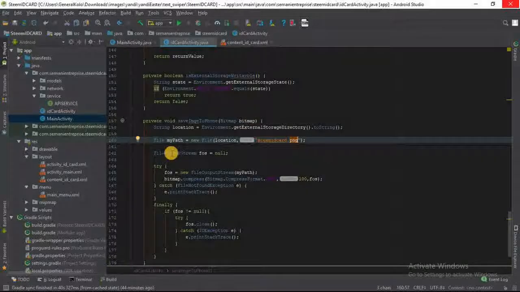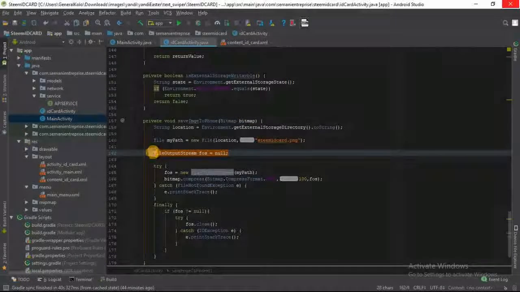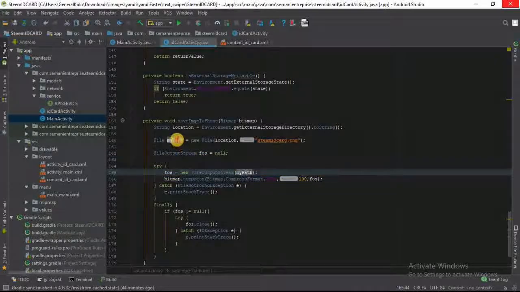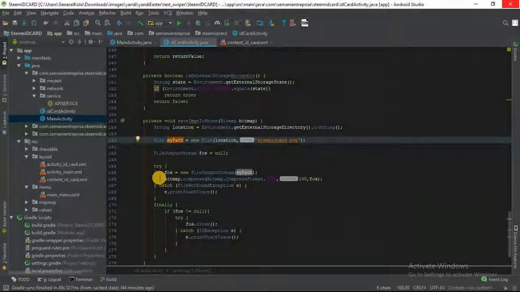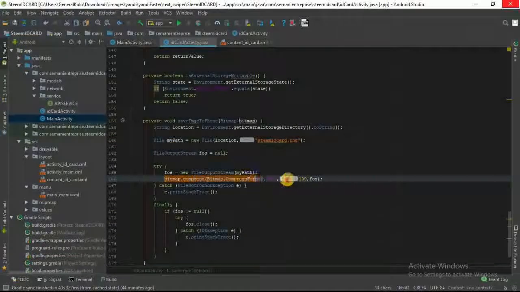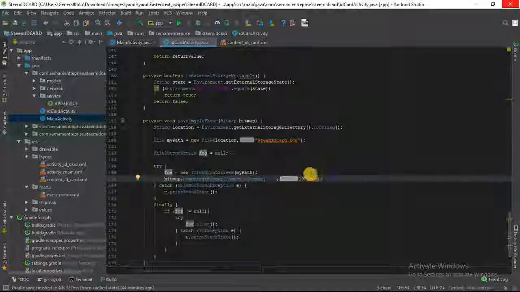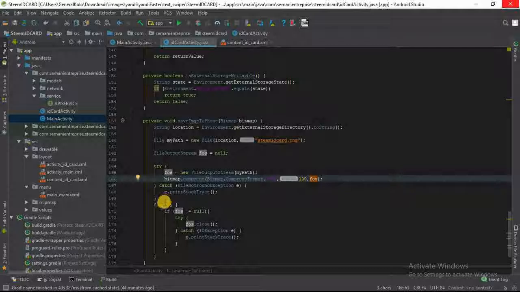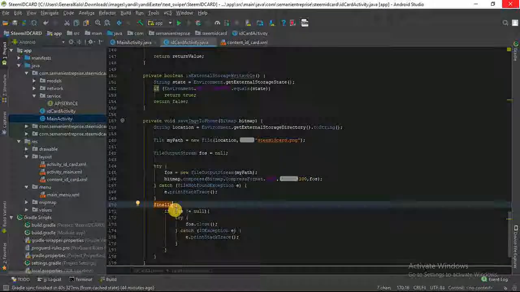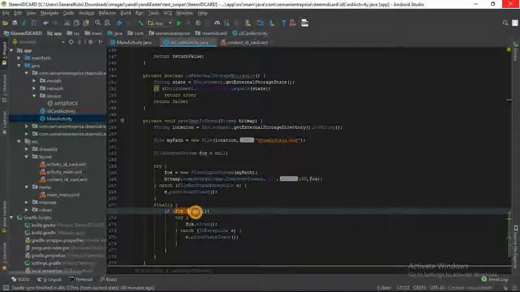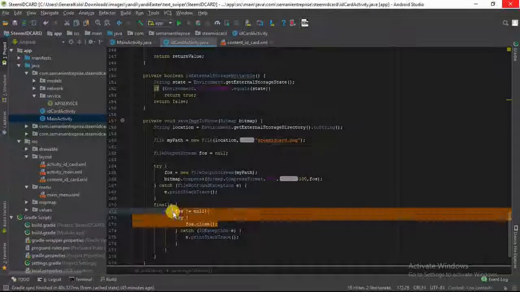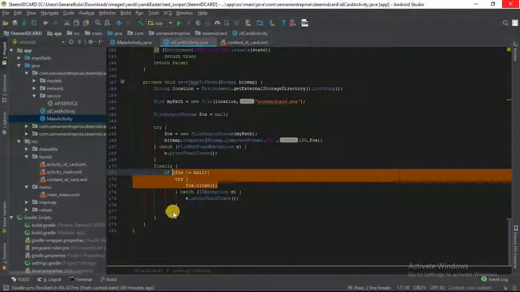Then we need a file output stream, which we initialize to null. So new file output stream with this path, and then we compress it using the compress format of JPEG. We save it here with the quality of 100, and use the file output stream as the argument. If that is done, finally we have to close the file output stream. First we check if the file output stream is not equal to null, and if it's not equal to null, we close it. Okay, so guys, that is that about